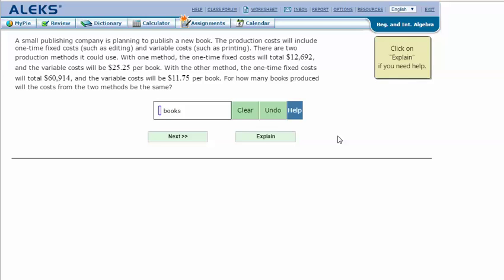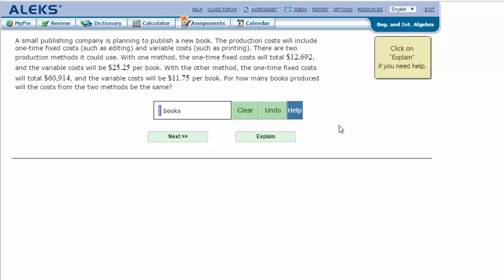Here's an example problem. A small publishing company is planning to publish a new book. The production costs will include one-time fixed costs and variable costs. There are two production methods it could use. With one method, the one-time fixed costs will total $12,692, and the variable costs will be